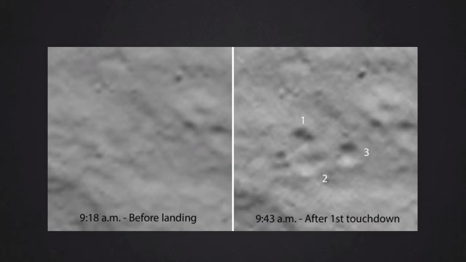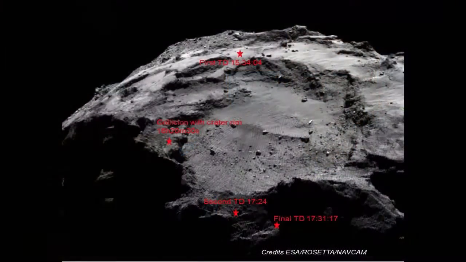So we see again the aimed touchdown point, that indeed we did touch down, and we can see the footprint of the lander legs. And afterwards we managed to analyze the trajectory of the lander over the comet surface, and it actually made 3 landings. So it had a flight over the crater on the head of the comet, then there was a second touchdown point, and a final touchdown point in a rather dark space on the comet.